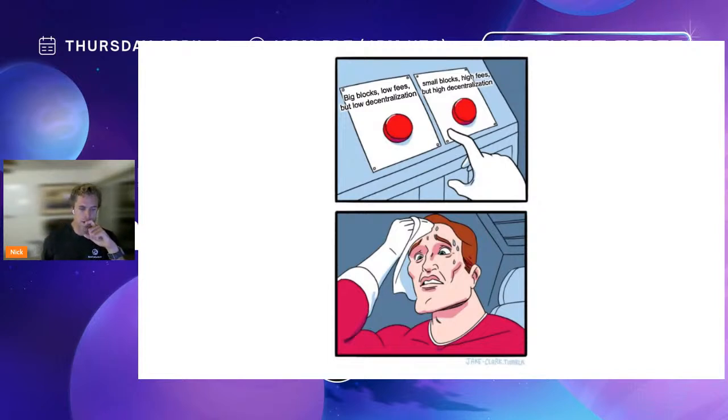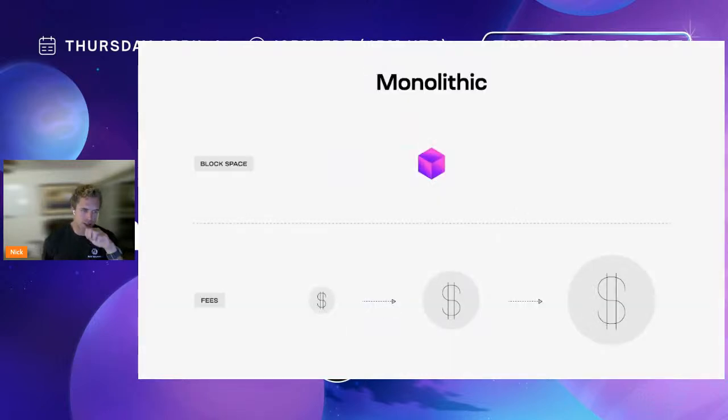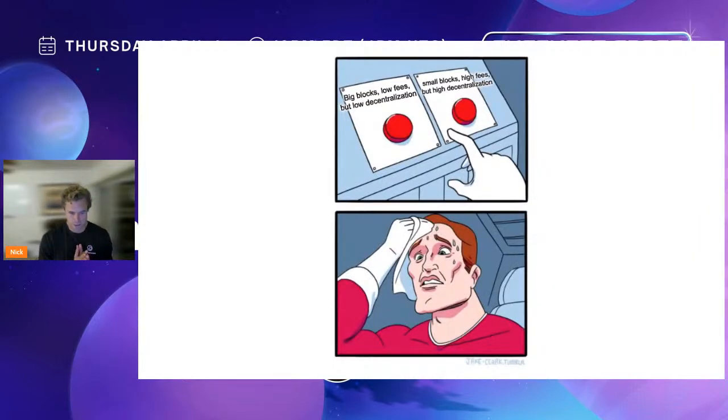And so fundamentally, this slide is about the fact that, because of that constraint, in a monolithic architecture you end up with a block size that is fixed, to the amount of computing resources that you assume the participants in the system should have or can have. And then when you fix the block size, as more and more people want to send transactions, there's limited supply and more and more demand, so the fees of using the system go up and it makes it unusable. And so you're stuck in a monolithic architecture.